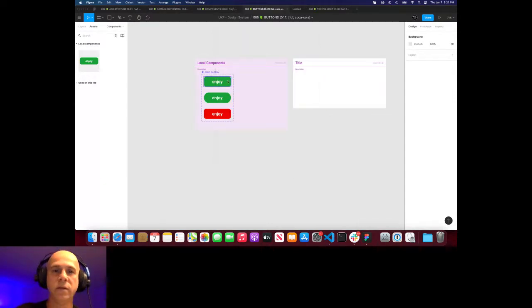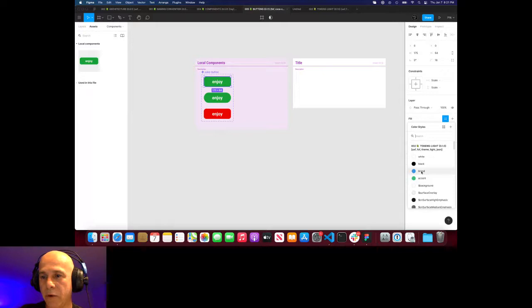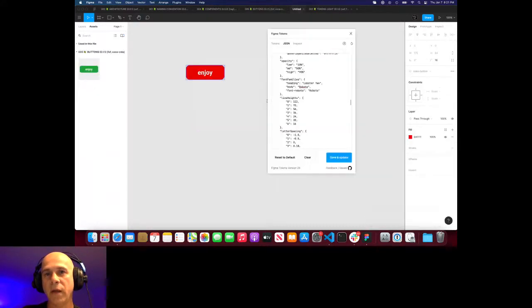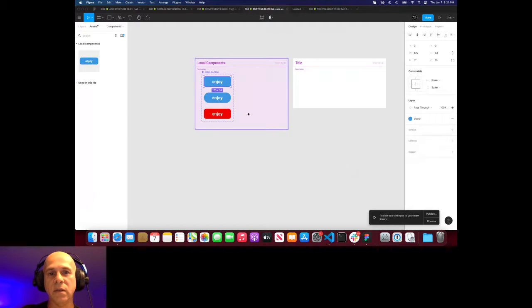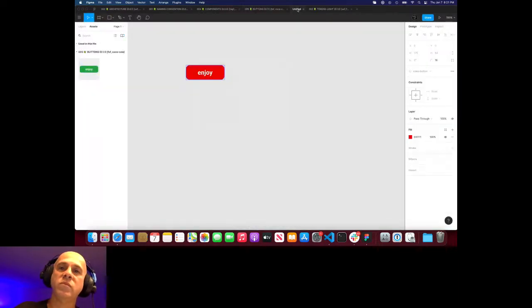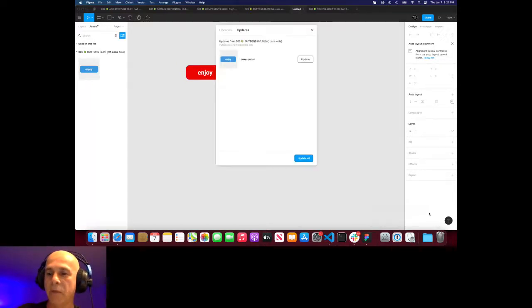And what you see is when I select my color here, I will pick my brand color coming from that style. And I already updated all my greens. All right. So since I changed this button, it's telling me that since this component is being used in my project here, I'm just going to close this. I'm not going to need that. So it's asking me to publish. So I will publish that. And now this button will use the blue coming from